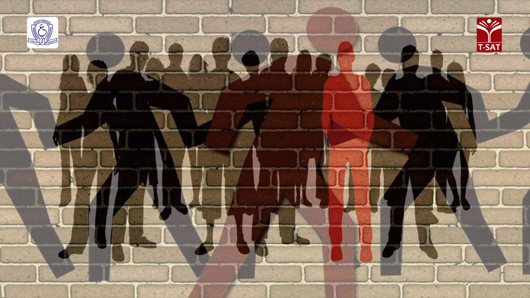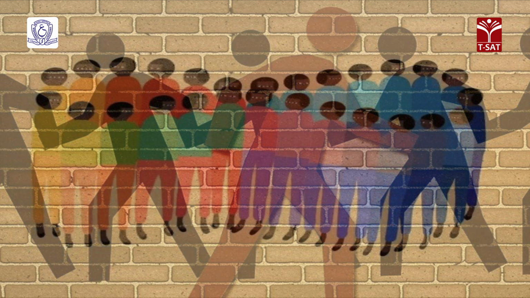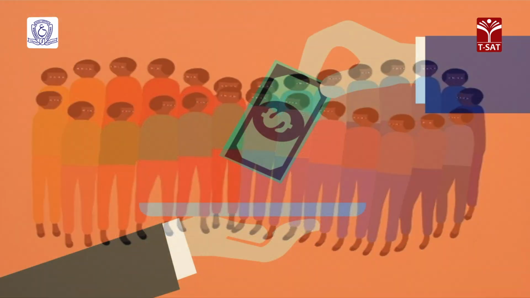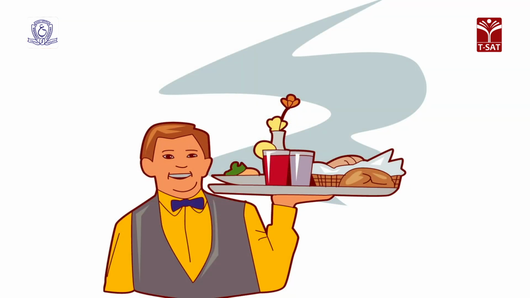These rules are known as social norms, and they often exert powerful effects on our behavior. In other situations, norms may be unspoken or implicit, and in fact may have developed in a totally informal manner. For example, leaving a tip for a waiter who has served you food at a restaurant.